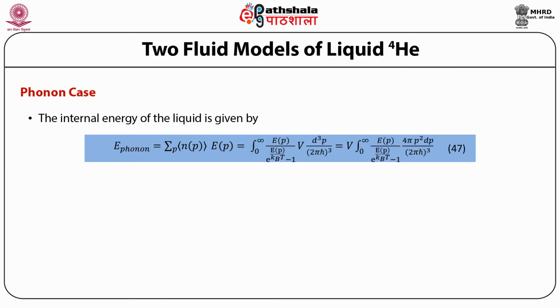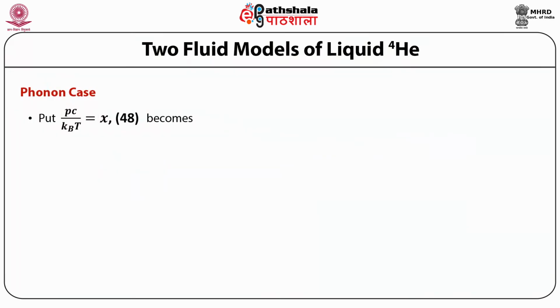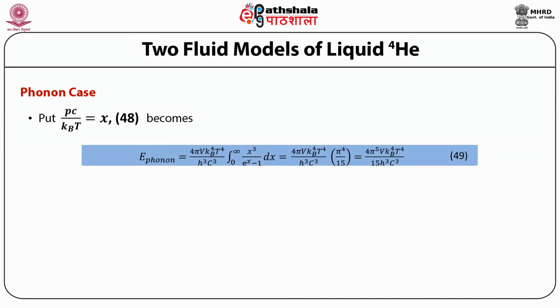Or E_phonon is equal to V times the integral from 0 to infinity of p c upon e raised to power p c upon k_B T minus 1, into 4π p² dp upon (2π ħ)³. Put p c upon k_B T equal to x. Then equation 48 becomes E_phonon equals 4π V k_B⁴ T⁴ upon h³ c³ times the integral from 0 to infinity of x³ upon e raised to power x minus 1 dx, which is equal to